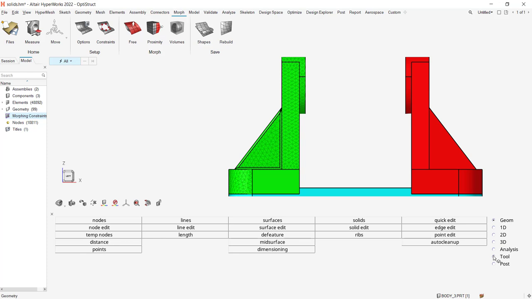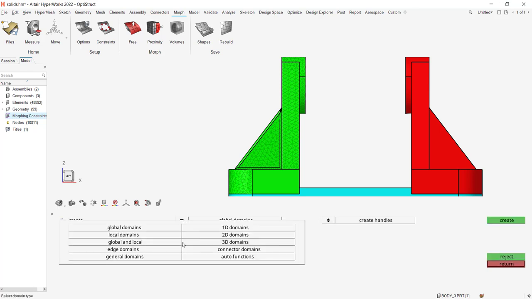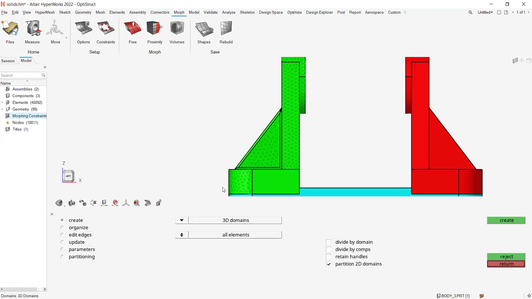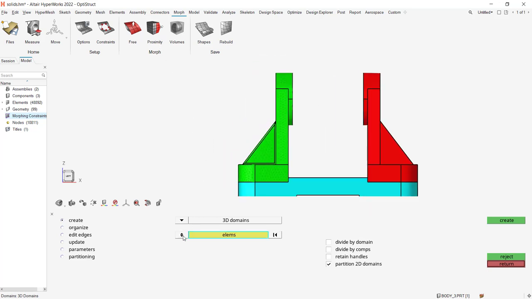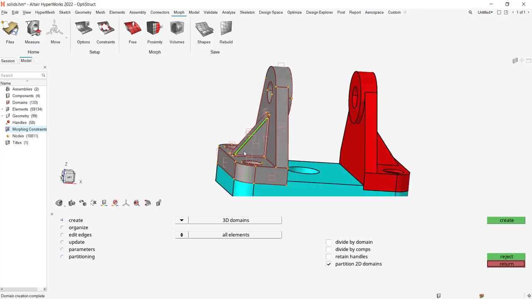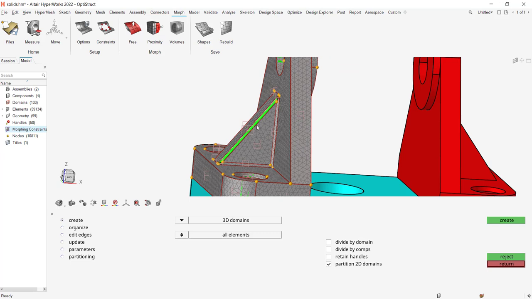Now let's go to the, let's say, old morphing tools within HyperWorks, and as a first step let's go to the domains, and we will switch to 3D domains, and you can either keep all elements or select the displayed ones, etc. Here, as I have only one part meshed, let's go to all elements. So doing so, HyperMesh will create 3D domains, 2D domains which will be per face, and H domains plus yellow